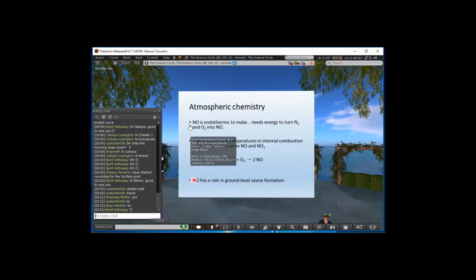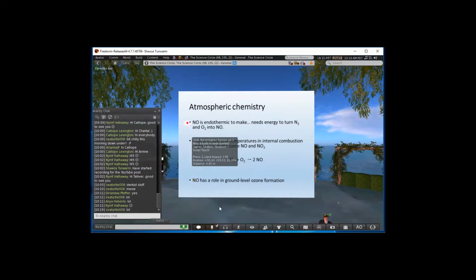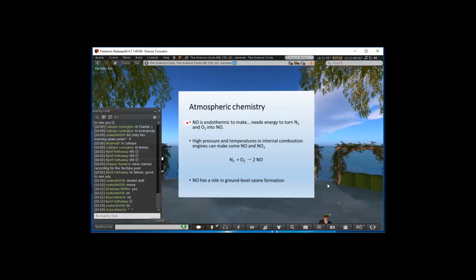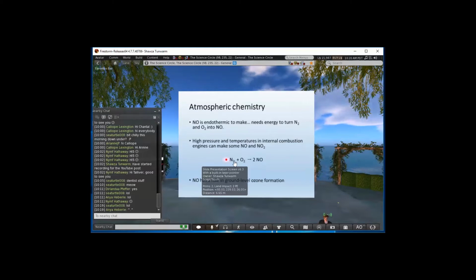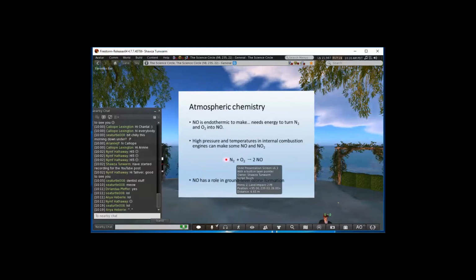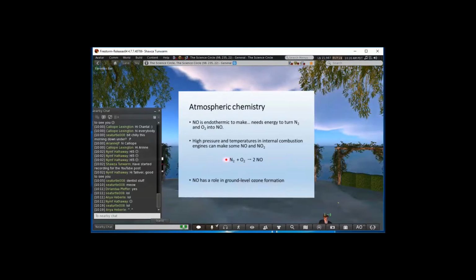So first, let's talk about the atmosphere. So we need nitrogen and oxygen to make NO, but we also need energy. That's nice because it allows our atmosphere to be stable. Oxygen is very reactive, but nitrogen is very unreactive, so we don't have to worry about the entire atmosphere turning into poisonous gas. So we can make NO. We can make NO2 simply by adding enough energy to nitrogen and in the presence of oxygen to burn it.